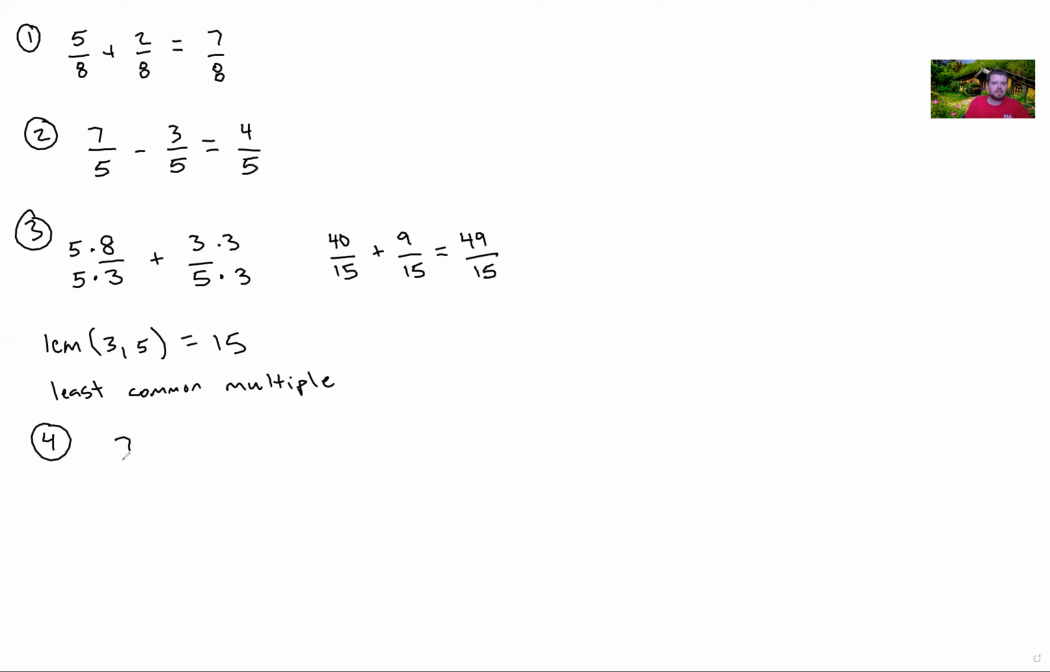So if I have 7/4 minus 2/3, same thing. These don't have the same denominator, so I'm looking for the least common multiple. That number ends up being 12. So to get to 12, I would do 4 times 3 and 7 times 3. On the right, I'm going to do 3 times 4 and 2 times 4. That then becomes 21/12 minus 8/12. 21 minus 8, that gives me